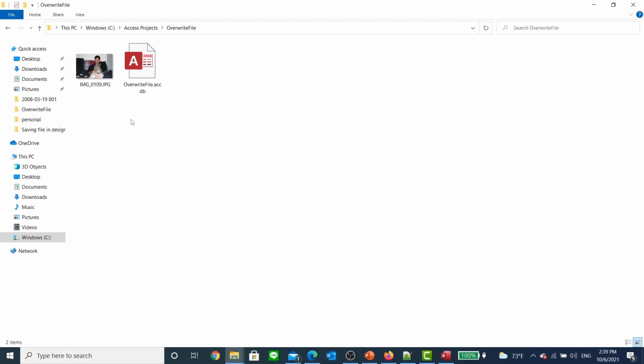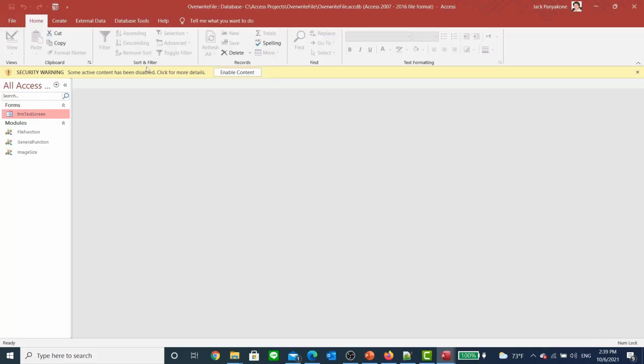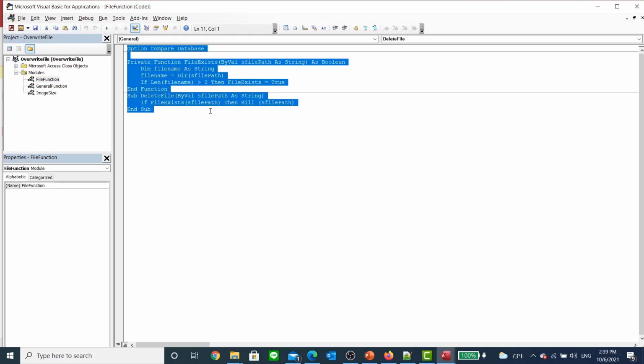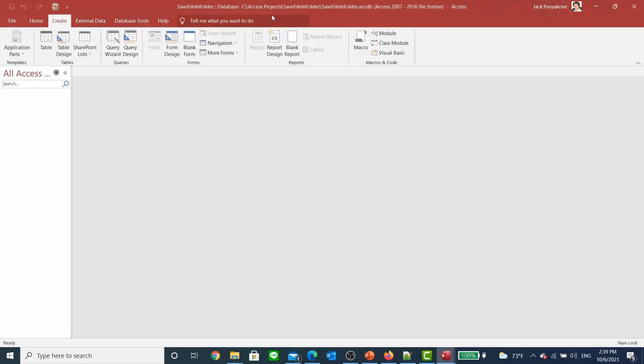This guy was the continuation of the resize, so I'm gonna open this guy up, and then I'm interested in these three files. So I'm gonna open up the file function, highlight that, copy. I'm gonna put it back in the new database that we are working on,